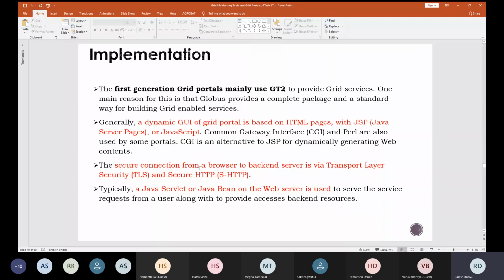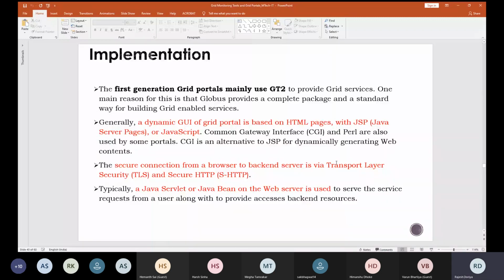And if we talk about establishing communication between the user and the grid portals, then it is easily done with the help of Transport Layer Security, TLS, and HTTPS. So a secure connection between the browser and the backend server is usually done with the help of these things, TLS and secure HTTP.